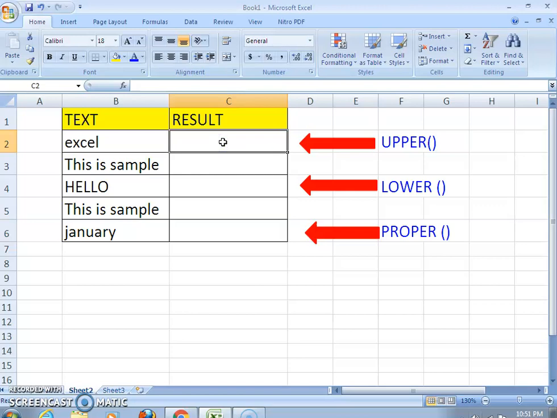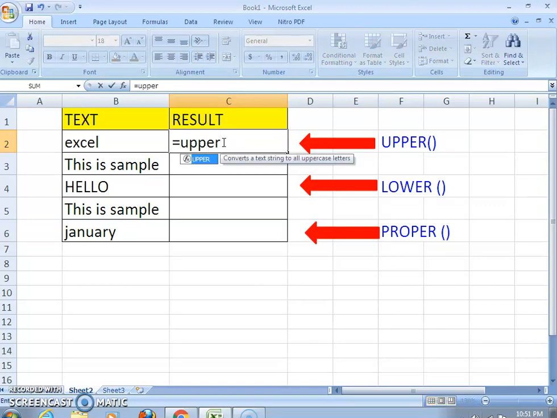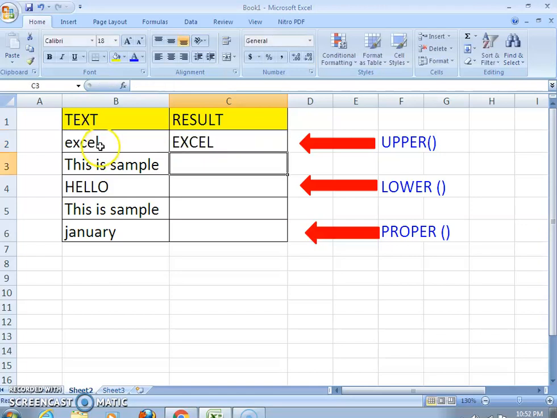Here in this cell we are using upper, the name of the function, and then passing the cell B2 and pressing the enter key. See the result. Here the string is written in the small case and the result you can see is in capital. This is the upper function you used over here.